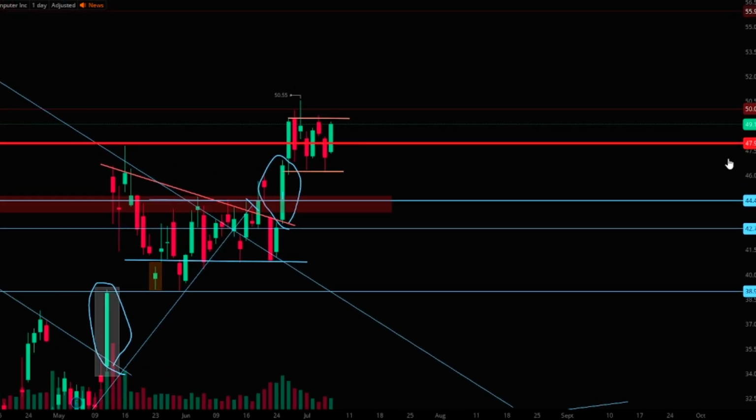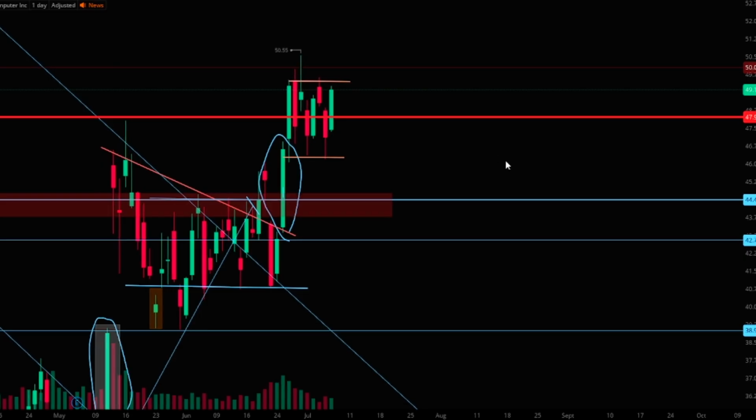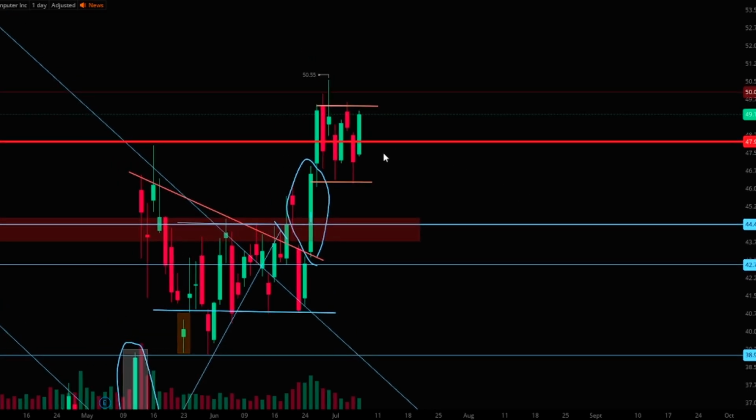We do have to break over this $50 level. We did previously mention 48 bucks is the line in the sand, guys. The breakout level. We did get a strong close over it, but we did have $50, that psychological level, marked up, and we have topped out around that, guys. So, although we do have to break over that 49.50 range for the break of this range, we more want to rely on that $50 psychological level, as this is the number one psychological level we've been at, guys, since